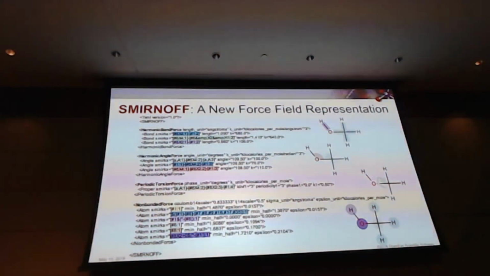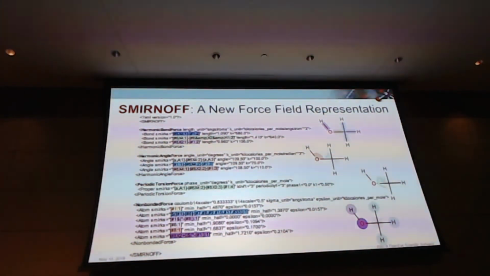And then down here in the non-bonded forces, there's a definition of a hydrogen atom, which says it's bonded to a carbon atom, and that carbon atom is bonded to one of these other lists of electronegative atoms. Now this is an embodiment of what Amber has as the H1 atom type. But essentially, we can have it down here just when we need it for the non-bonded force without having to copy it everywhere else. And this means that we don't have to have all these redundant parameters.